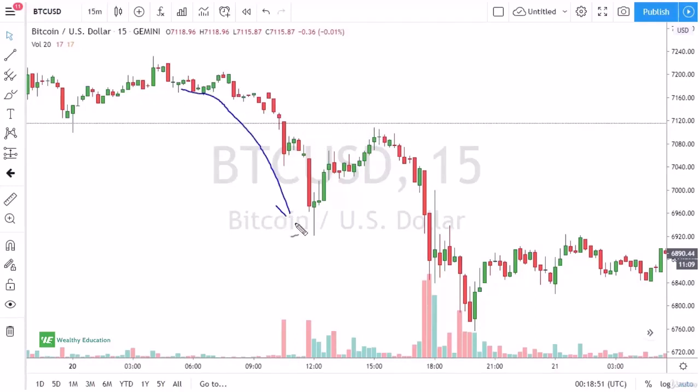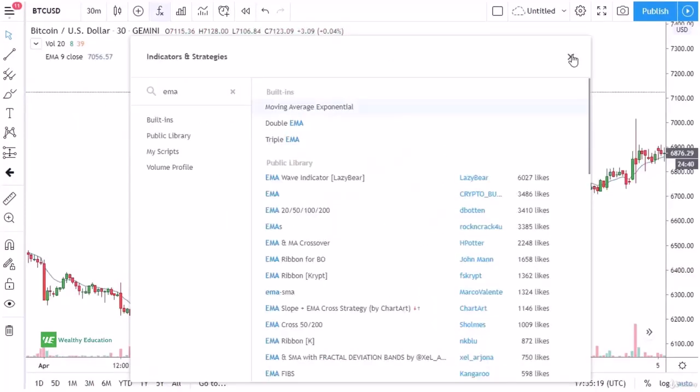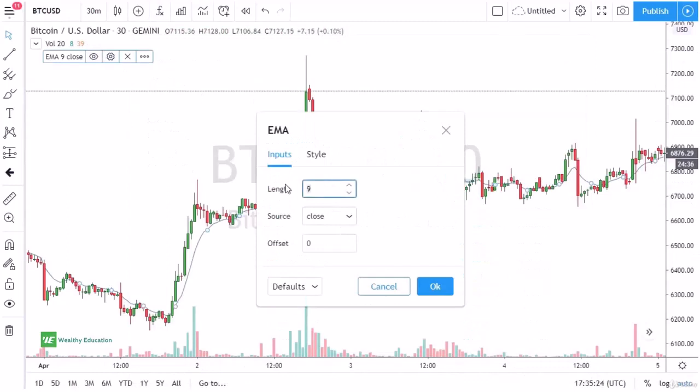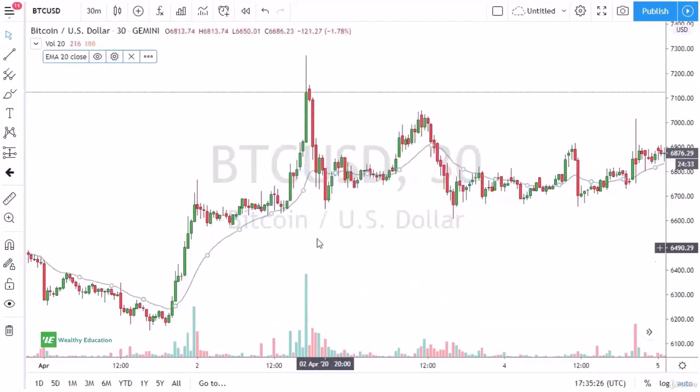You'll notice that we were in a downtrend here in Bitcoin. We rallied a bit. We formed a doji right here where we had seen previous resistance, right at about $7,100. You put a stop loss on the other side, you sell once you break down below it, and you can see it ends up being a nice trade. I'm going to go ahead and put an EMA here, and although you could use a 9, I'm going to use a 20, just because I like the way it behaves on a daily or on a